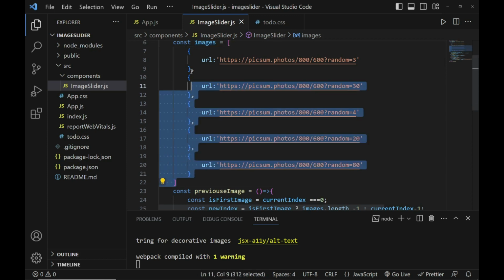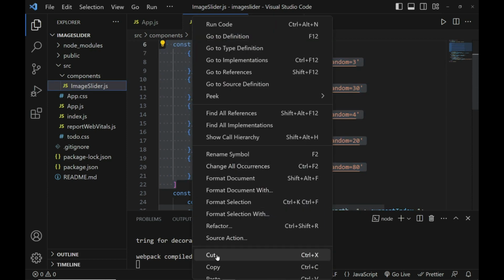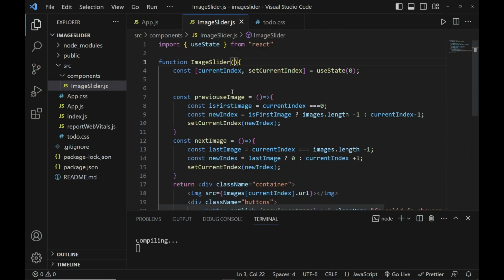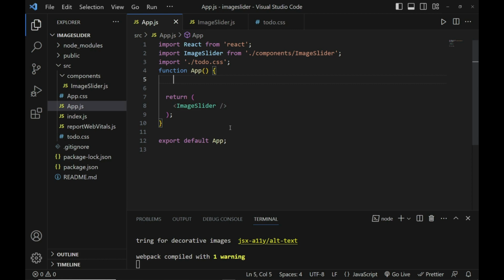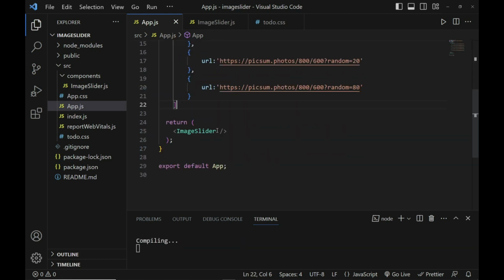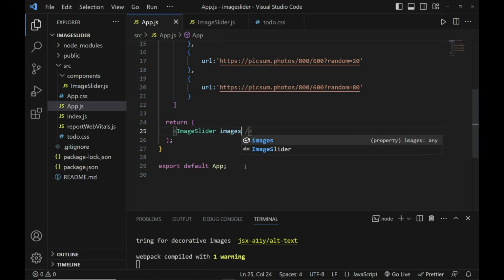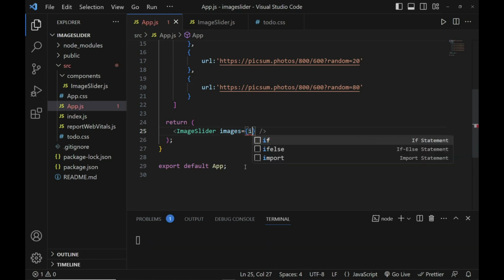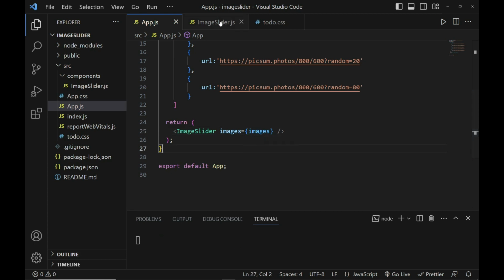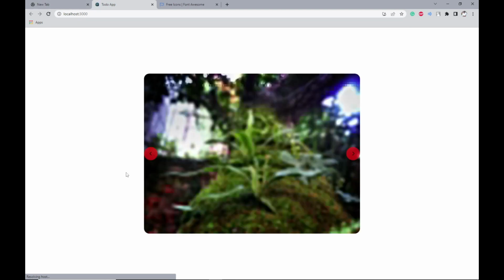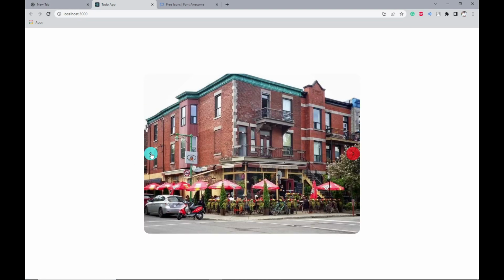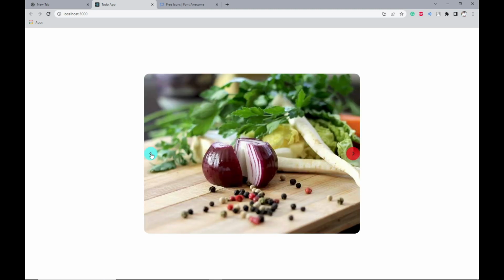We can just copy it, cut, come here and say images, go back to put that one back and come here and put images is equals to images. Yeah, I think it should work. It should work. Yeah, it's working properly. All right,